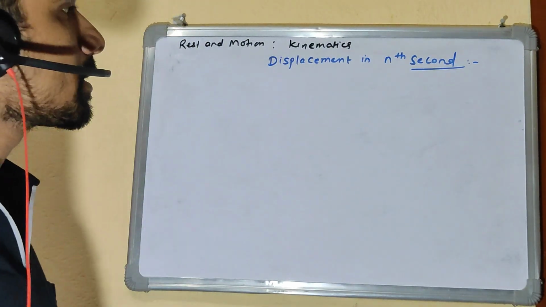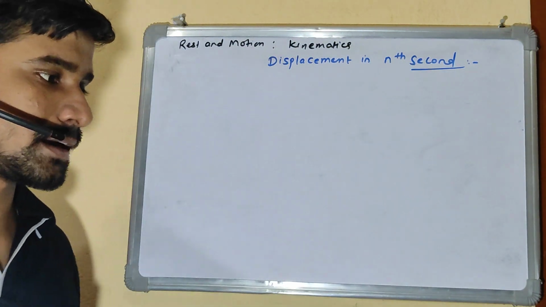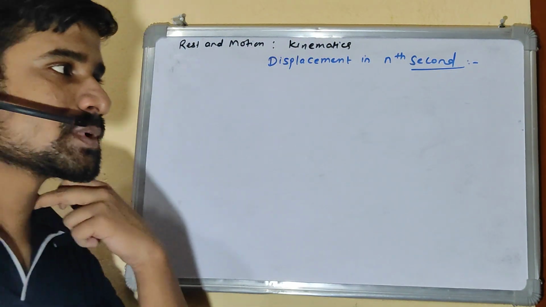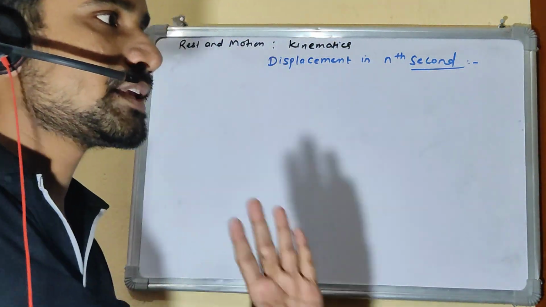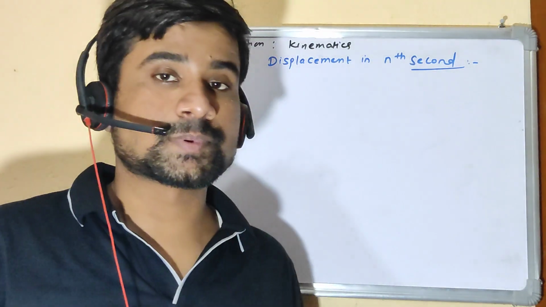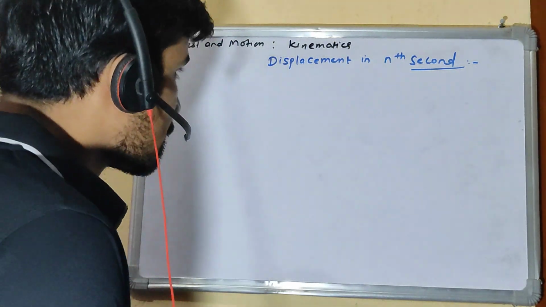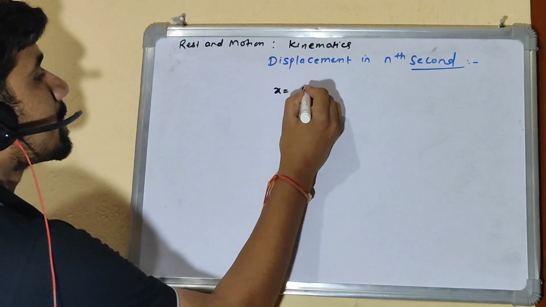Right. Let's discuss this new topic, displacement in nth second. We just derived an expression to calculate displacement, which was x equal to ut plus half at square. How is this topic different from that particular expression? Now, in that expression, x equal to ut plus half at square,